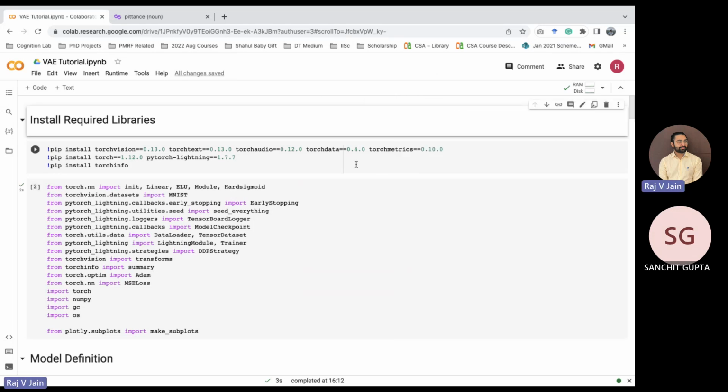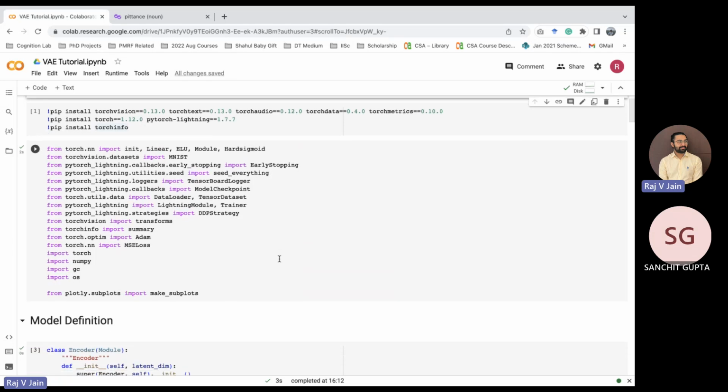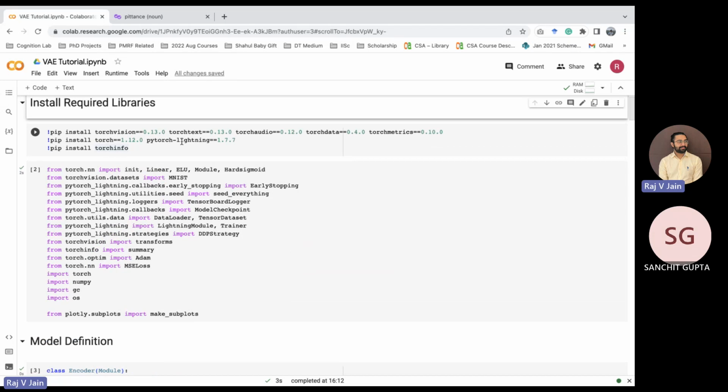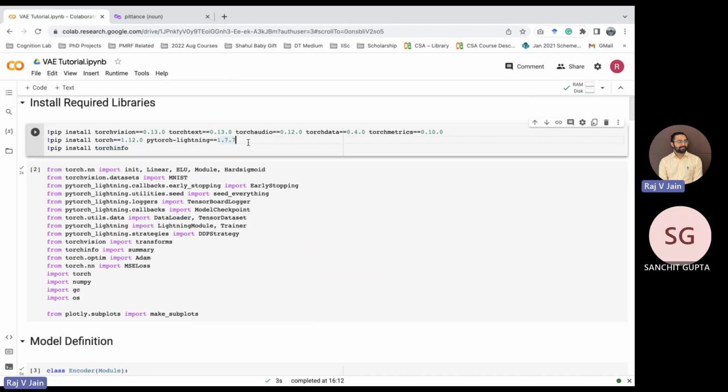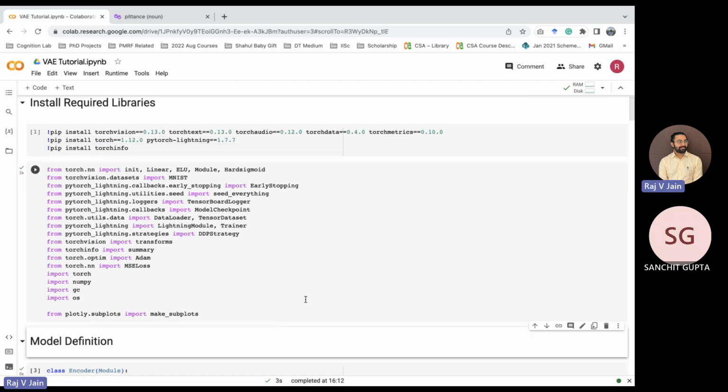Yeah. So these are different libraries, just to make sure that things are working hand in hand with all the different libraries here. And we'll also use something called PyTorch Lightning. Now the difficulty in using PyTorch comes basically because a lot of code, the training code and the testing code, etc., you have to write by hand. There's nothing where you say you have a model, have a dataset, just run this model on this dataset. You have to write that exact batch level code. So PyTorch Lightning gives you a packaged version of PyTorch that you can use. So we'll use it to make sure our lives are a bit easier